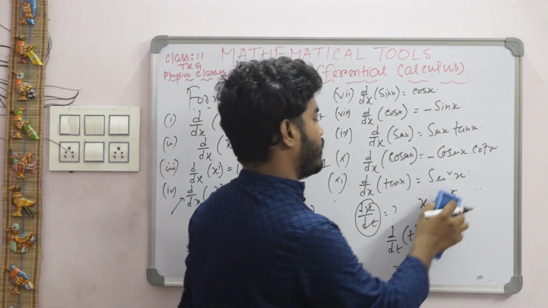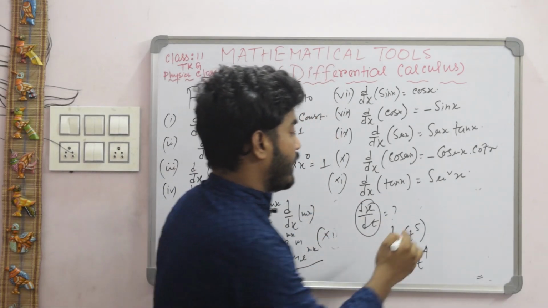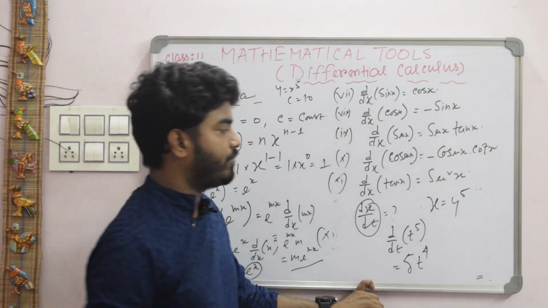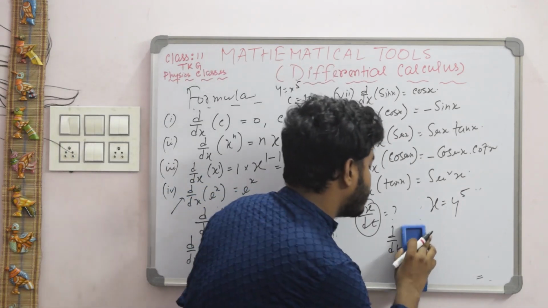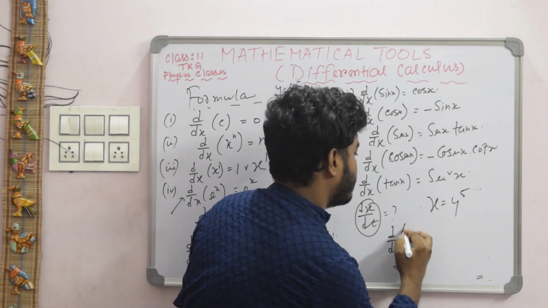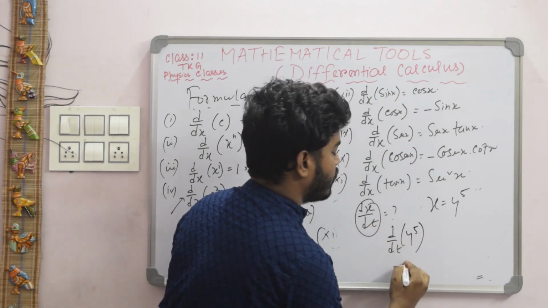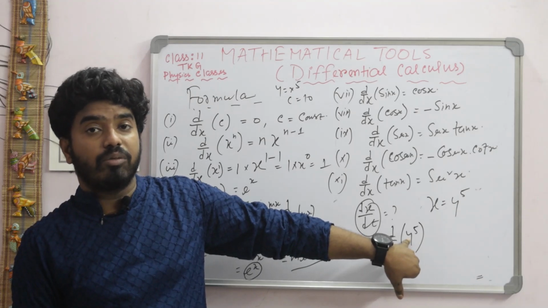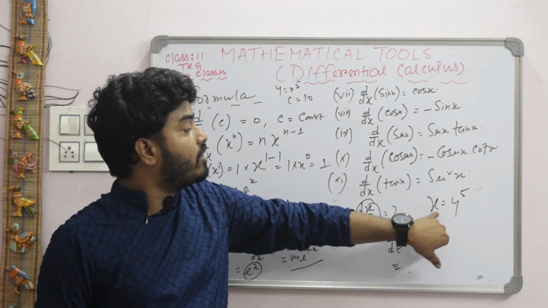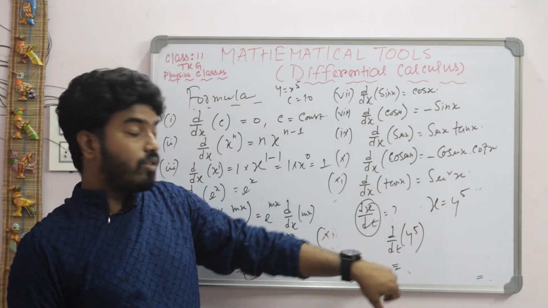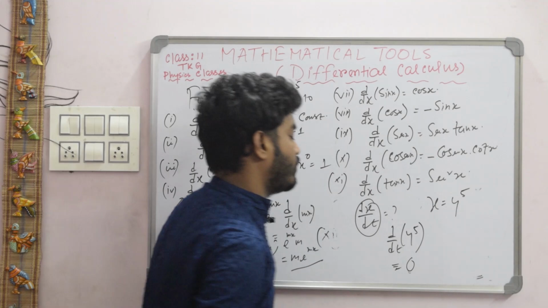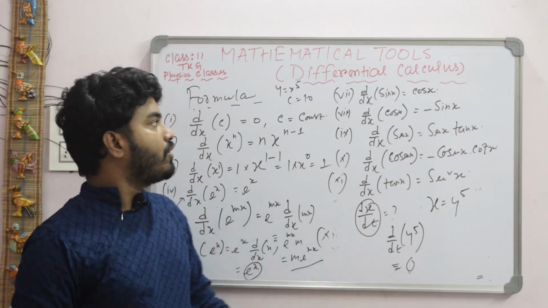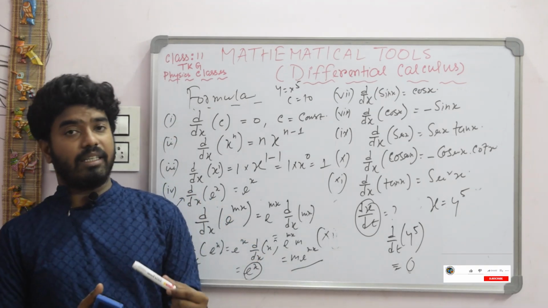Now suppose you have to find dx/dt, and here x is given as y to the power 5. So what will be the answer? Write it down, y to the power 5 in the place of x. Here you are differentiating with respect to t, but there is a function of y, and x depends upon y, it doesn't depend upon t. So here y to the power 5 is a constant part. So d/dt of y to the power 5 becomes 0. Right? So students, this is all about the basic thing about differentiation.